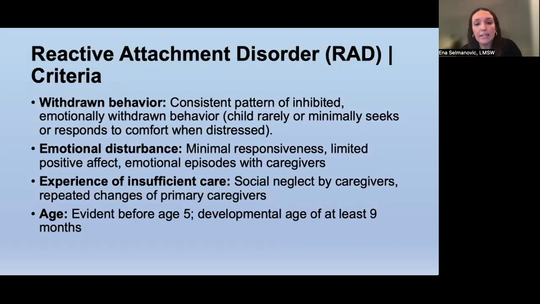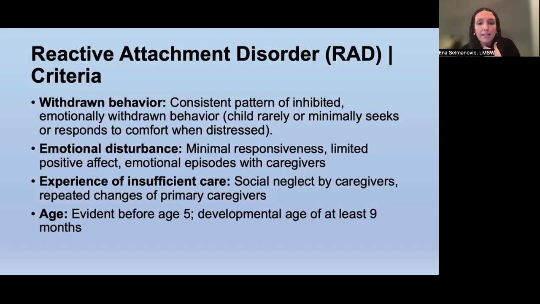And then the next criteria is experience of insufficient care, social neglect by caregivers, or repeated changes of primary caregivers. This could be someone who has had repeated changes of primary caregivers that limit the child's opportunity to form stable attachments. For example, frequent changes in foster care, or this is more rare, but rearing in unusual settings that also limit the child's opportunities to form selective attachments, such as an institution where there's a lot of children and not as many caregivers, or just general social neglect, lack of having basic emotional needs met for comfort, stimulation, and affection. So this criteria is what makes this disorder in this section, remember, of trauma and stress-related disorders. It's this experience of trauma or